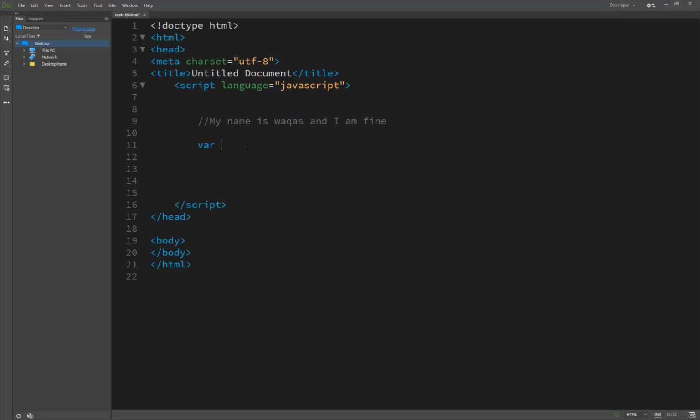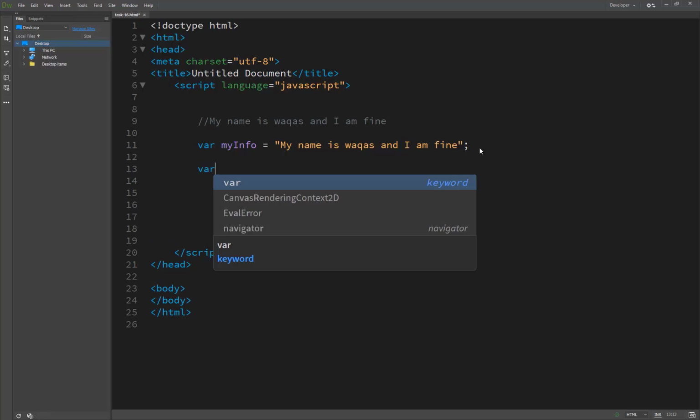First of all we create a variable called my info, and inside I pass this value. Now if I want to search where the word name or Vakas or I am exists, I cannot know in which location it occurs.